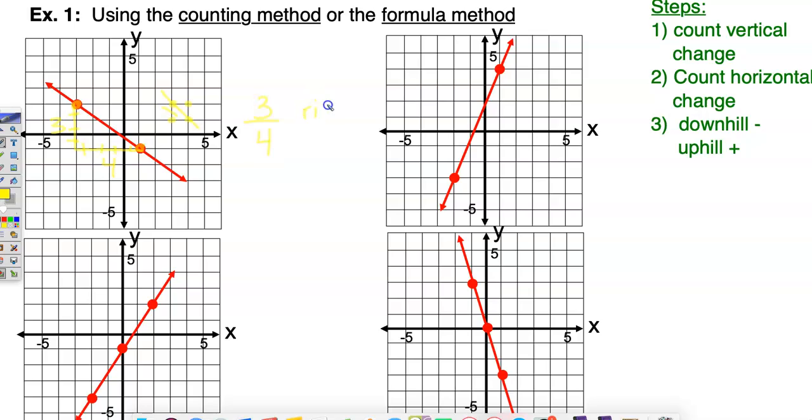We also refer to that as the rise over the run. So your rise is your vertical change. The run is your horizontal. And we also notice it's a nice negative. So we're going to throw in a negative with that. The second line, I've already got the dots, so I'm going to go ahead and connect those. So when I count, my rise is 1 box,